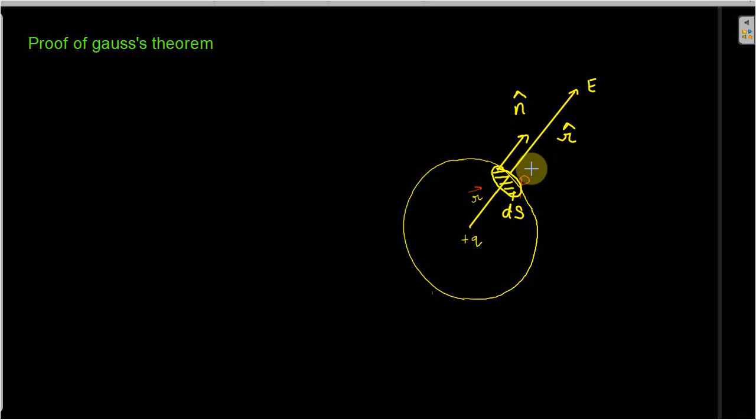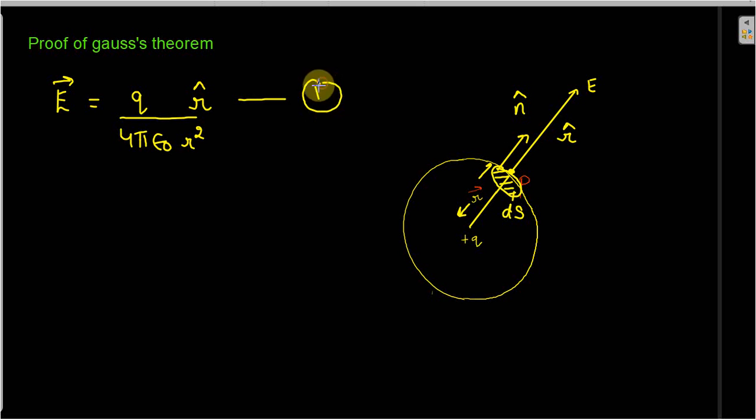Okay. So now we will find the electric field at point P due to the positive Q charge. What will the electric field at point P be due to the positive Q charge? We will represent it in vector form. So Q is the charge, 4 pi epsilon naught, and the distance of point P from the positive Q charge is R, because R is the radius. So we will take it as R square. And we want to represent it in vector form, so we will put the unit vector here. So this is our equation number 1.